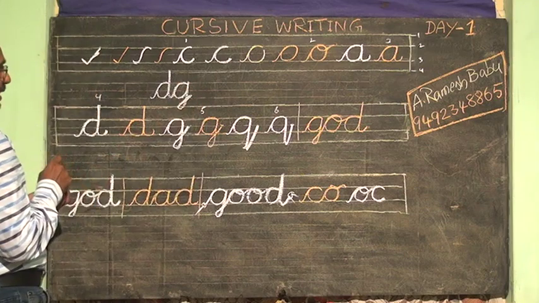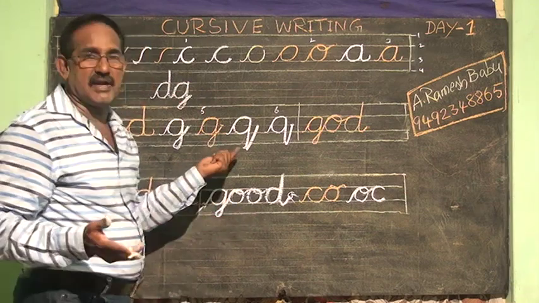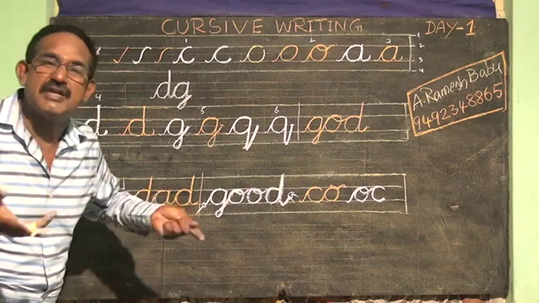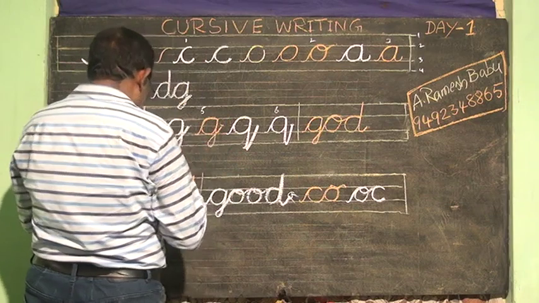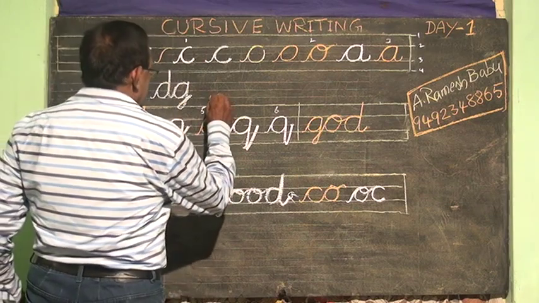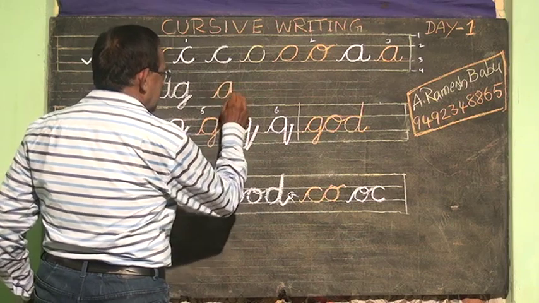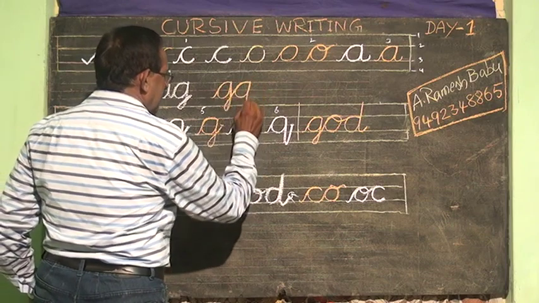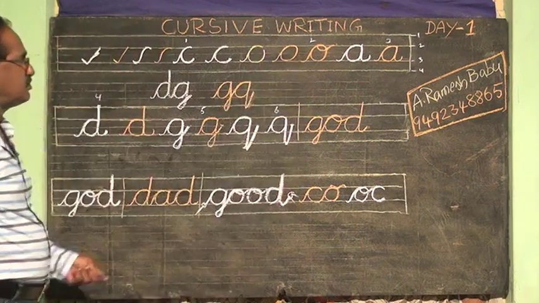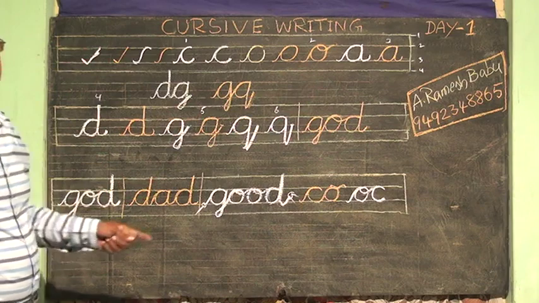Now write down the joining of the letters Q and G. So you feel that it is very difficult, no? It is not very difficult. It is very easy to write Q and G or GQ. First write down the GQ. How should you write GQ? G is a letter like this one. Q you have to join in this way. Okay, write down GQ. Any two letters you can join, no? And that is the cursive writing way.